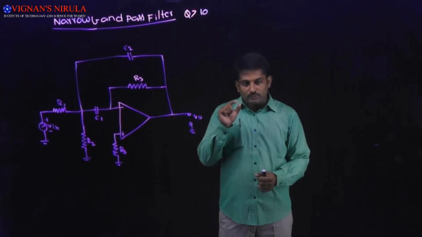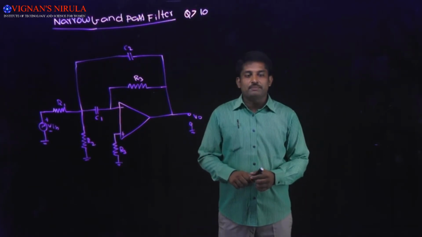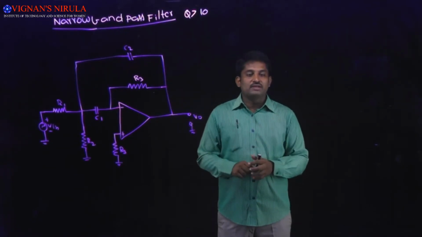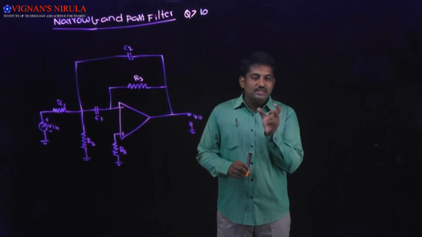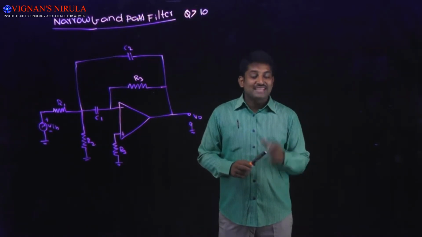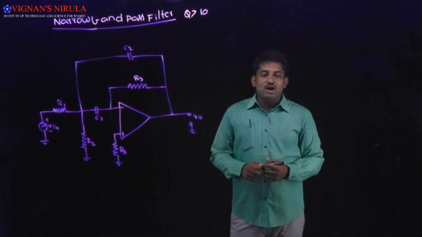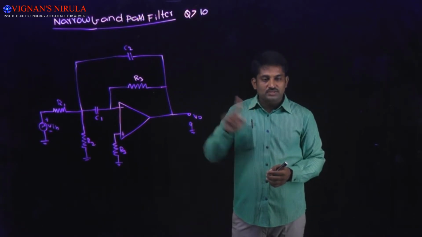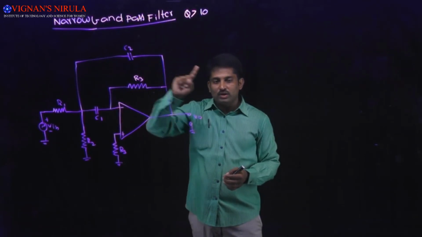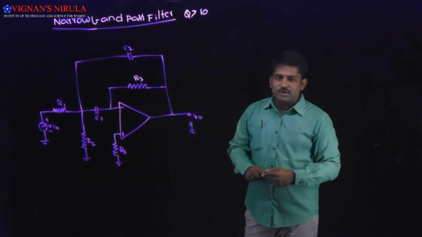One more important point I want to tell you regarding the band pass filter is that a band pass filter consists of two stop bands and one pass band. It passes only a particular band of frequencies. That's why we are calling it a frequency selector also. Coming to the narrow band pass filter, instead of using 2 op-amps as in the wide band pass filter, here we are going to use only 1 op-amp, and the main features of the narrow band pass filter are,